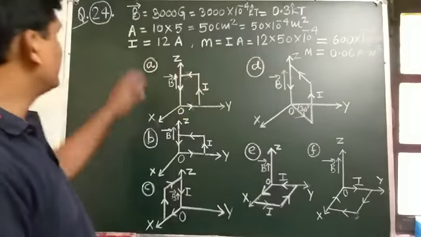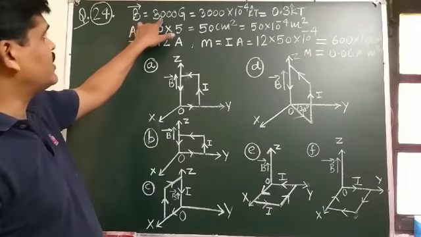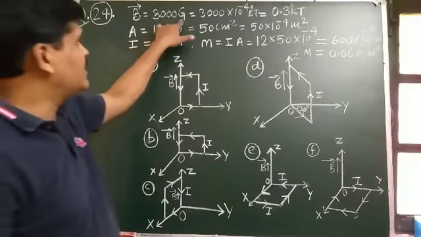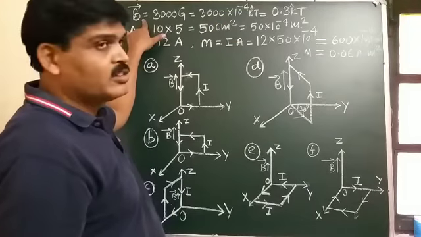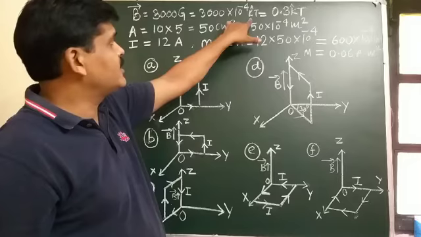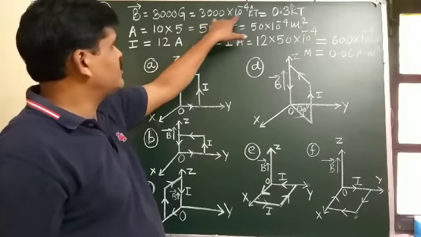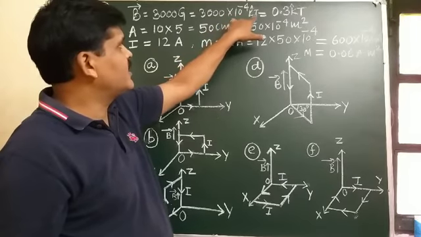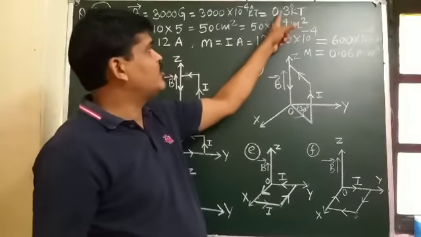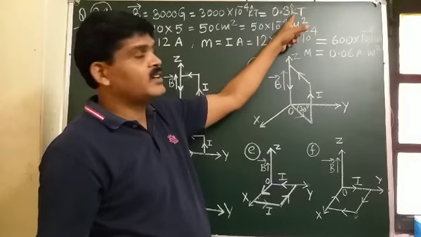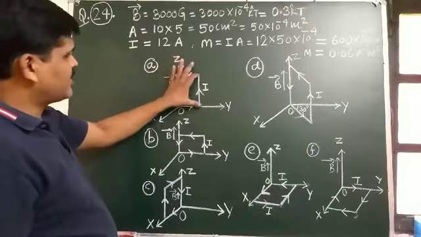So students, the magnetic field acting along the z-axis, what is its value? 3000 Gauss, and 1 Gauss is what? 10 to the power minus 4 T. So vector B, which is along the z-axis, unit vector k, is shown. So 3000 G can be written as 3000 into 10 to the power minus 4 unit vector k Tesla, and after solving this, the magnetic field comes out to be 0.3 Tesla, direction k unit vector.